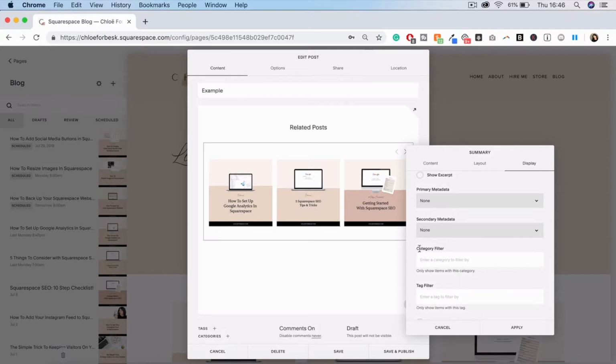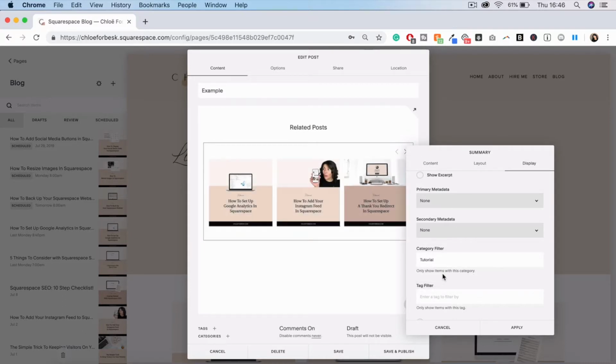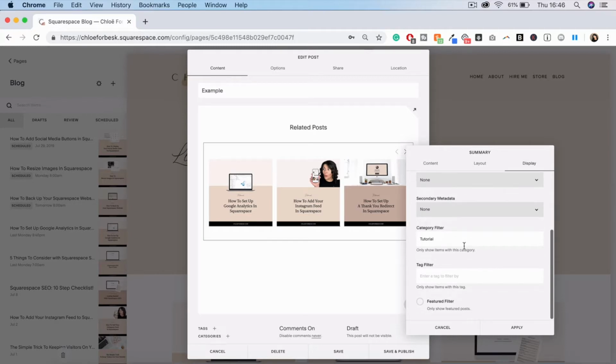And then when it comes to category filter, this means it will pull in only posts from a specific category, or again, you can use a tag filter if you'd prefer. So I'm going to add just my tutorials. So I'm going to put in tutorial. And this will filter out so that I'm only sharing my Squarespace tutorials in my related posts. This way you can tailor your content. For example, if you have posts talking about a specific topic, you want to share related posts related to that topic. So click on apply